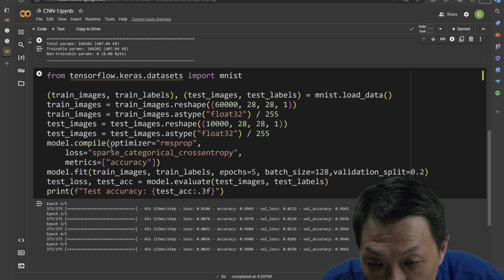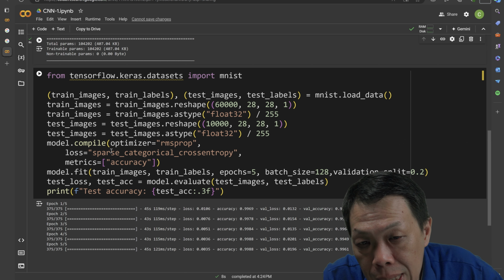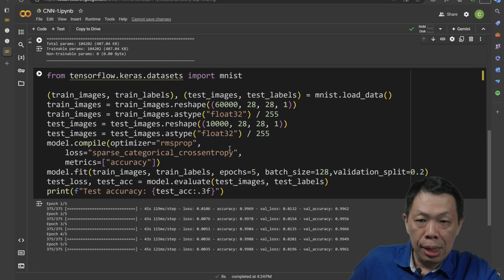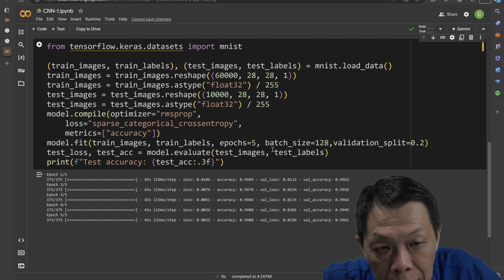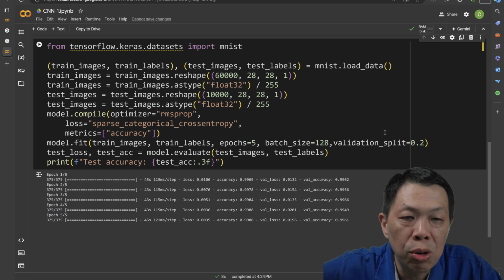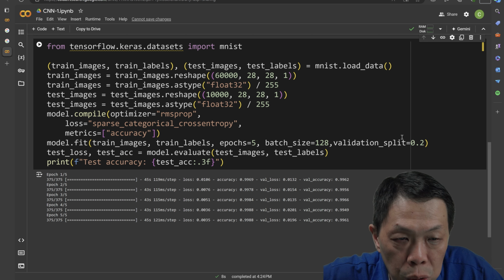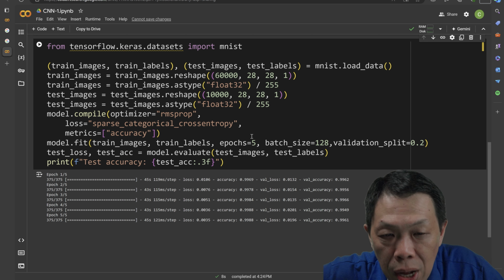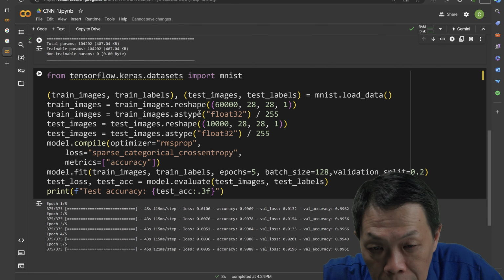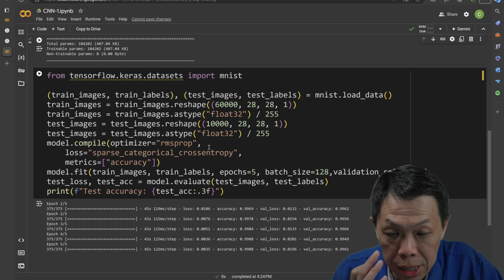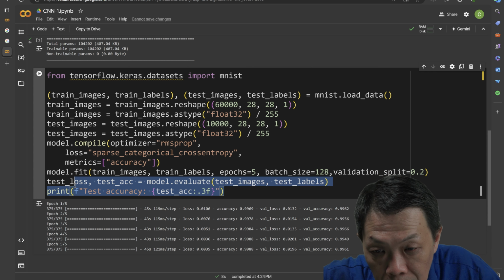For model compile, I think we introduced it in the DNN workshop, we specify the loss function as cross entropy and some parameters, the same: batch size 128, we separate the validation from the training using 20%, and epochs.